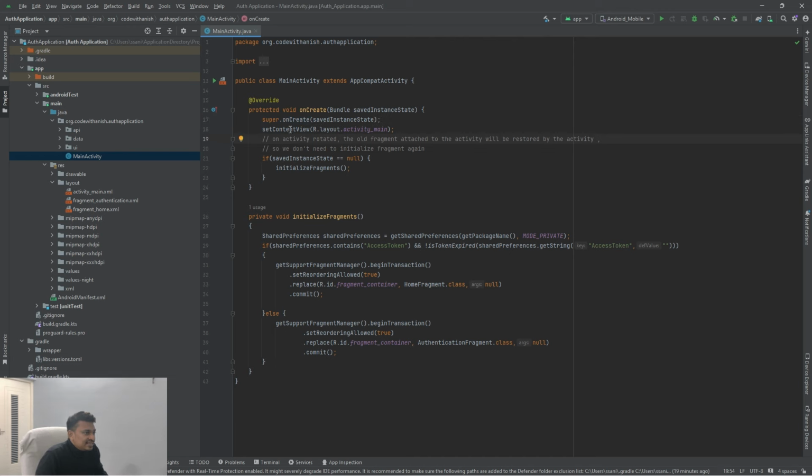Now then the setContentView. So content view is nothing but what we are seeing in that activity. That is defined in activity_main, which is this activity_main.xml file. Here in Android, the UI side we maintain in the XML file. It's similar to HTML, but not exactly. There are so many differences. But